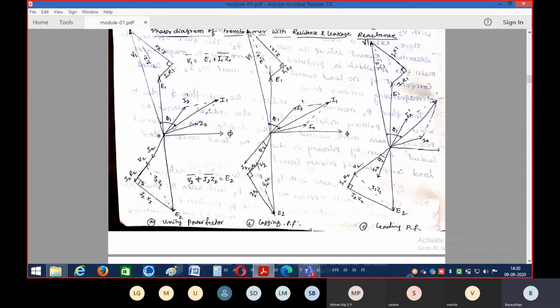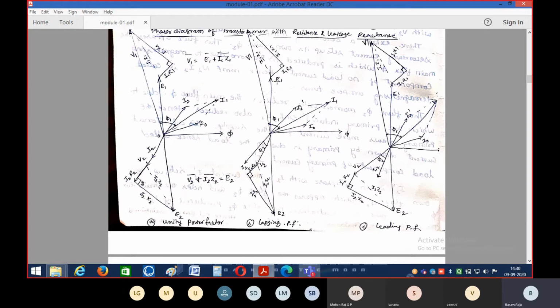From the voltage drop due to the resistance, if you draw a perpendicular line, then it is the voltage drop due to the reactance. So this is I1 into X1, which is called the voltage drop due to the reactance. If you add the I1 R1 drop and I1 X1 drop, the resulting phase you get is I1 Z1. So what does this dotted line represent? It is the voltage drop due to the total impedance of the primary winding.